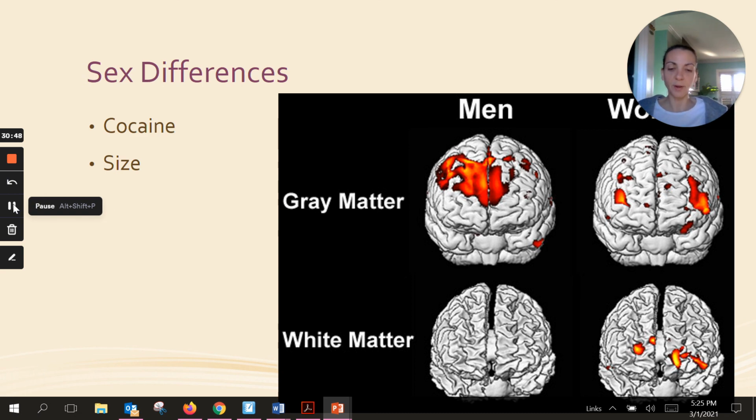They basically say that they're not sure how these sex differences relate to disruptive behavior disorders or the development of them. They do know that the sex differences that are present at birth increase through childhood and adolescence, but the extent to which these structural differences contribute to regulation of behavior and emotions is unknown. So they do talk about it, but they don't give a whole lot of information. You'll kind of find that throughout this textbook where they mention something and they just kind of mention it and they don't really give any information about it.